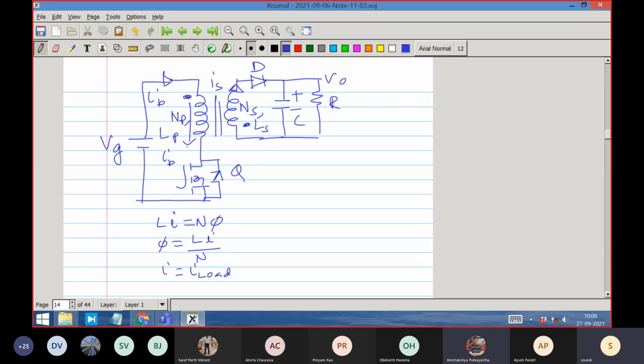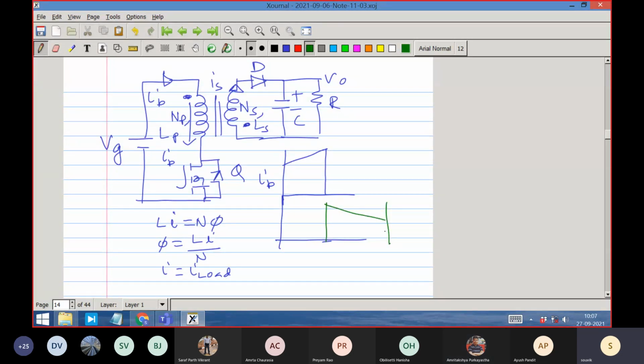Sir, can you again explain the difference between a coupled inductor and a transformer? In a coupled inductor, when the switch is on, the IP current is this, and the IS current is 0 at that time. If the IS current also had some positive value during the instant when IP is positive, then it would have worked like a transformer, right? Yes, it would have worked like a transformer, but we are not allowing it to work like that. We are allowing it to work only like an inductor. You understood, right? This is the way.